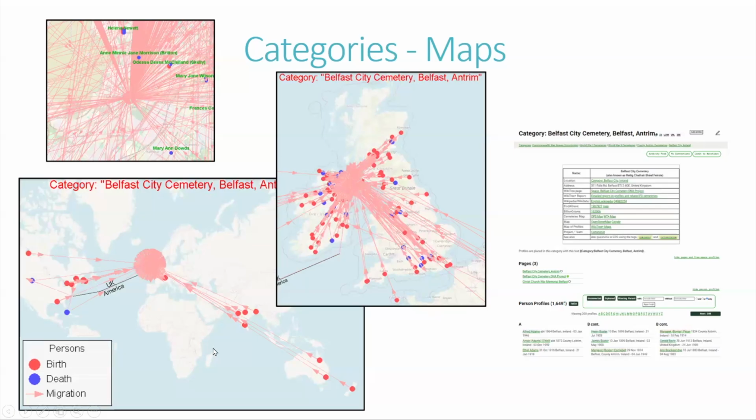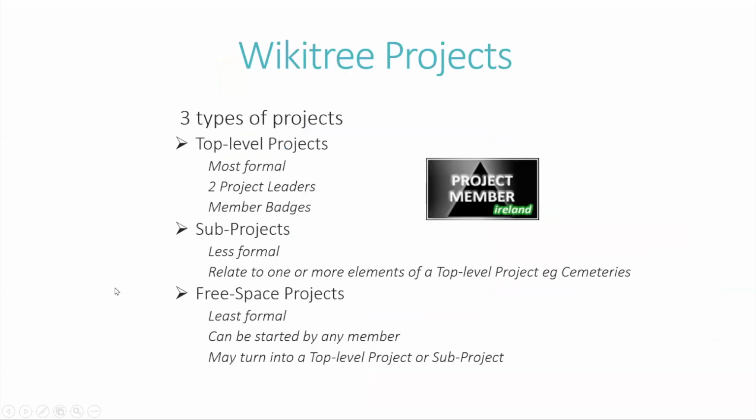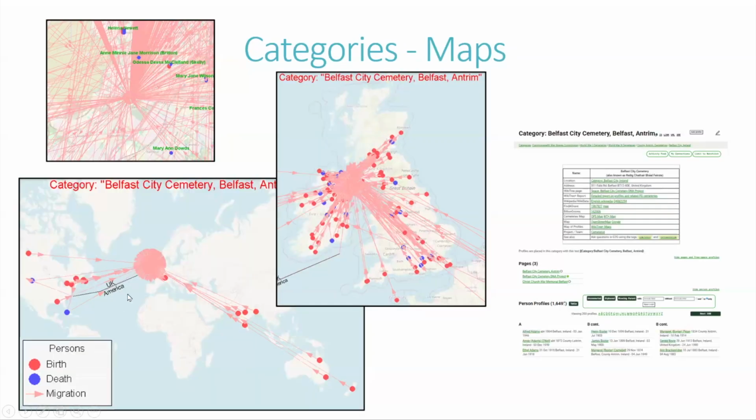And you can see that it includes, and the red are births and the blue are deaths, quite a few people that were born in India, and also some that were born in Australia and New Zealand, and obviously quite a few that are born in America. And also there are a few people that actually died in America, who probably actually aren't buried in the cemetery, but are probably just commemorated on the headstones within the city cemetery